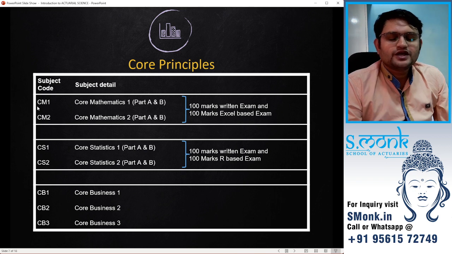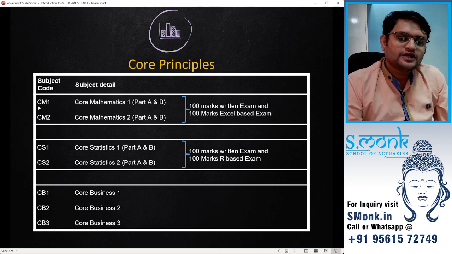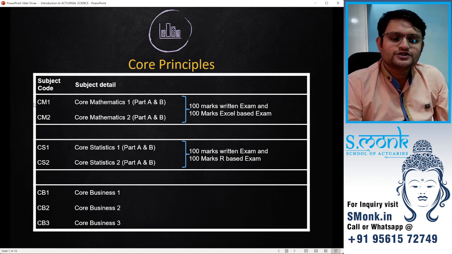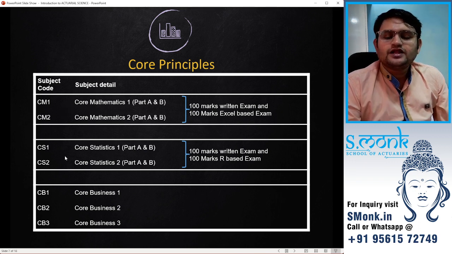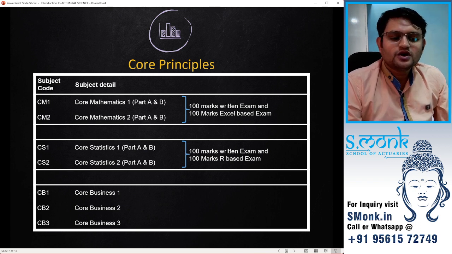So usually when it comes to a life insurance company, a starting job would require knowledge of CM1 as well as CS1. If you are working in an investment company, they would ask you to complete CM1, CM2 as well as CS1. If you want to work in a general insurance company, they would require CS2. So usually CM1, CS1 and CS2 are the compulsory subjects. So if you have completed these 4 subjects by the time you graduate, you are sure to land any of the jobs, or all of the jobs, fresher jobs are available for you to grab.